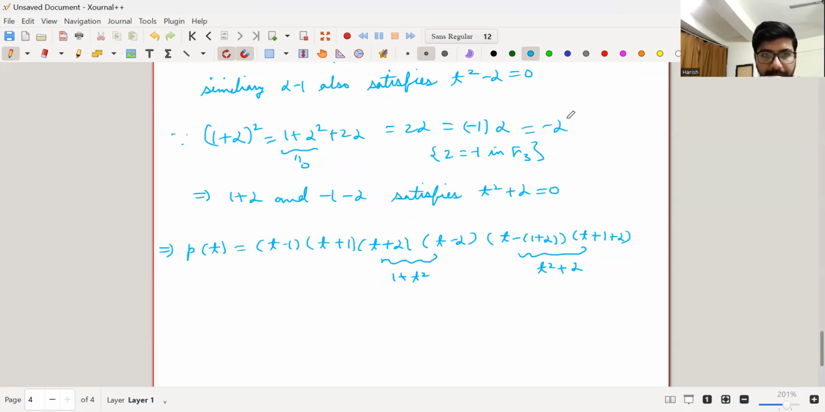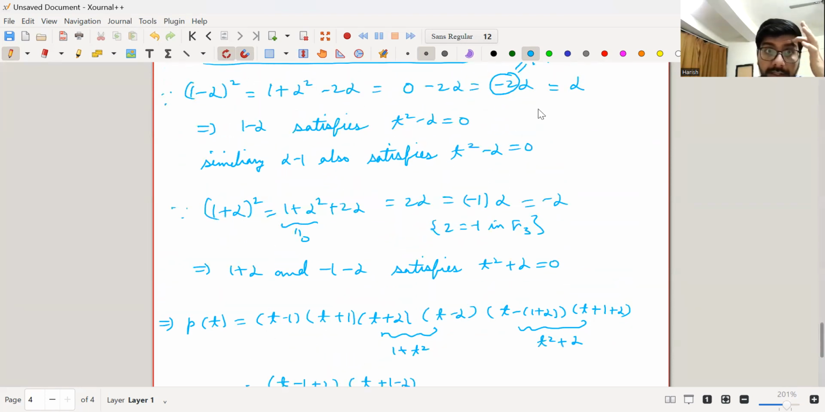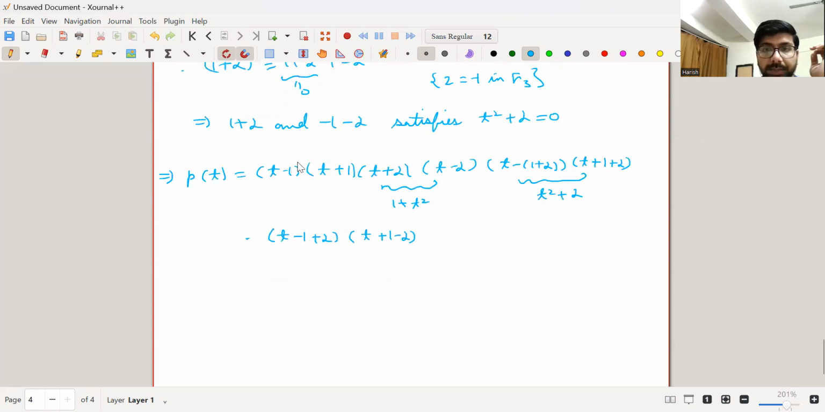And then from t square minus alpha, you have to multiply by t minus 1 plus alpha and t minus, sorry, plus 1 minus alpha. So one root is 1 minus alpha and the other is alpha minus 1. That's why this is nothing but t square minus alpha. So now you can see that this is a linear factorization of this polynomial, but